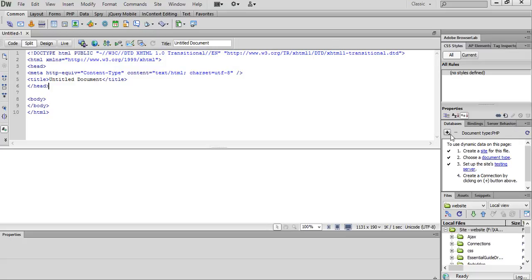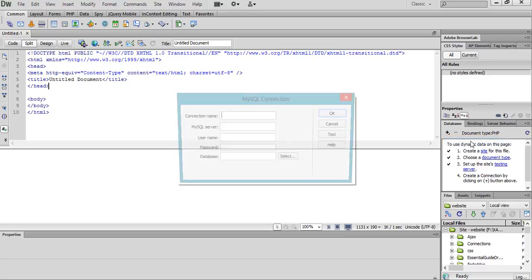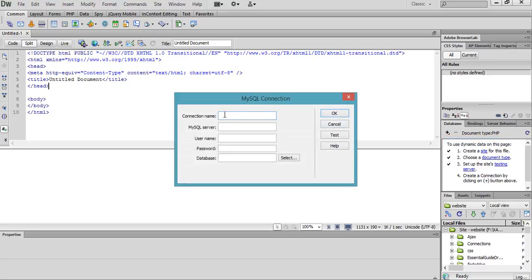So first of all, over on the left-hand side, you'll see this little plus box here. We need to click that, and you'll see MySQL connection. Click on that. Okay, so our connection name, you can call that whatever you like. I'm just going to call mine schools in this case. The MySQL server is localhost. And if I type in root and then click select,